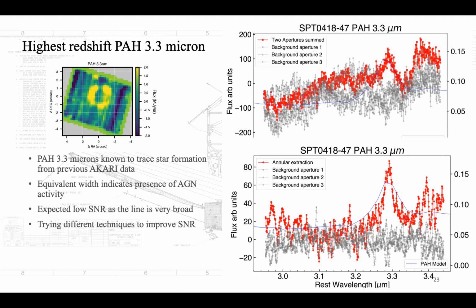So if I plot random apertures in here, here, and here, those are the 3 gray lines that you see. And I'm summing these 2 particular bright clumps in PAR. So this is about a 3 sigma noise detection. But you can see right off the pipeline, and after doing some massaging of the data, we are not getting